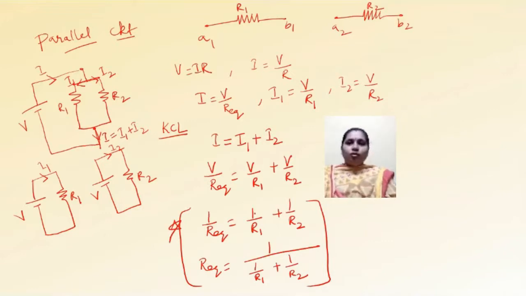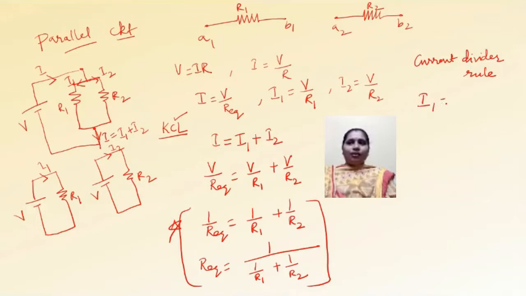So you have to know how to use this formula, V equals IR. For a parallel circuit, we are going to use Kirchhoff's current law. As we are using Kirchhoff's current law, here we will come across the current divider rule. So what is this current divider rule? The current divider rule gives us the current in each parallel branch. So how are we going to find out that value?